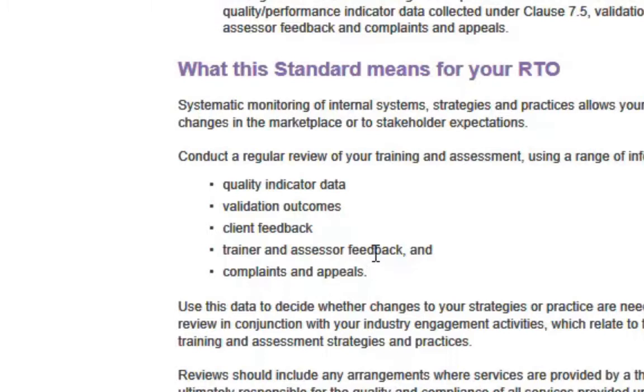here. So as a trainer and assessor, you have to provide feedback to your RTO. If there's a training product that is out of date, that you know that there's a more current industry standard or current tool in your industry or current practice, you need to validate these training products. Okay, your RTO will come to you and say, listen, we're running some validation, we're just checking the currency of the training products, or we want to have a look at the quality of the assessment tools that we're using. Are they user-friendly? You know, do you understand the assessor guidelines?